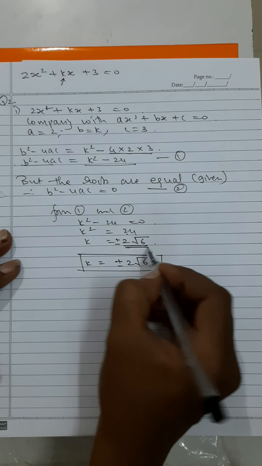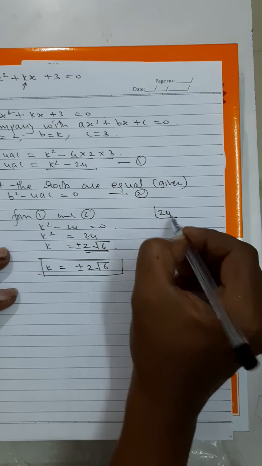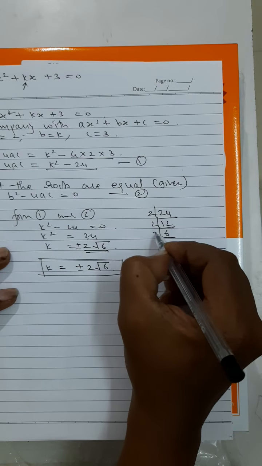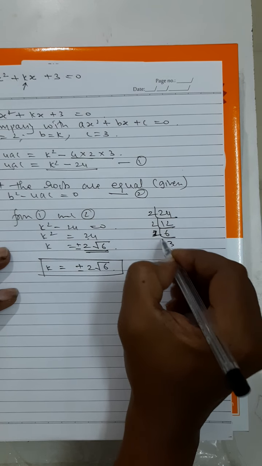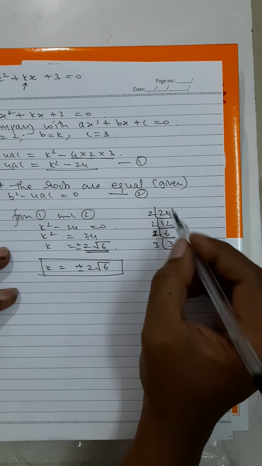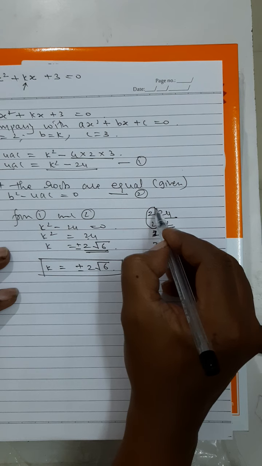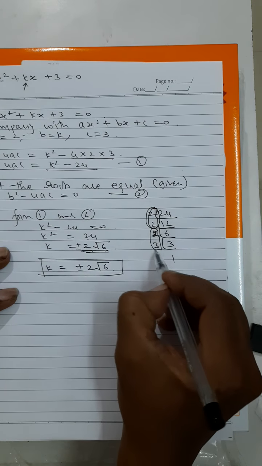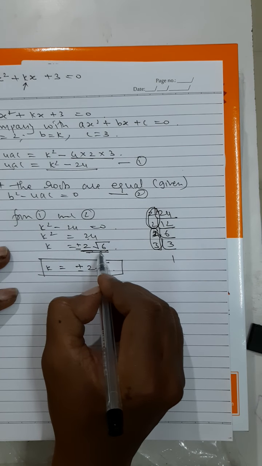I hope you all are getting how I am getting this 2 root 6. Basically what you have to do, if you don't understand, factorize 24 as long as you can with the prime numbers only, and then this has got a pair, so this will go out of the radical, and because 2 3s are 6 don't have a pair, they continue to stay inside the radical.